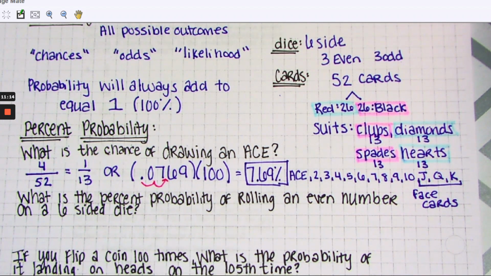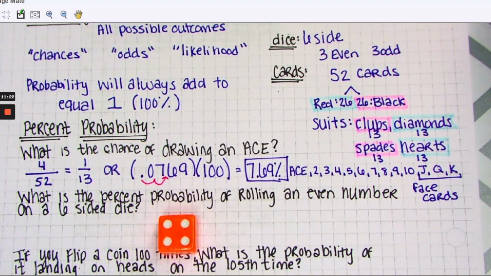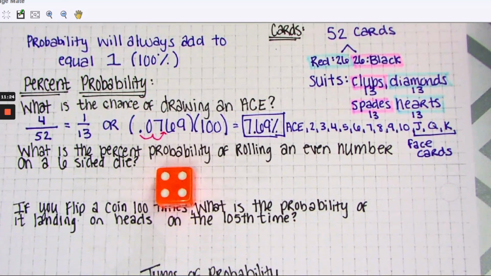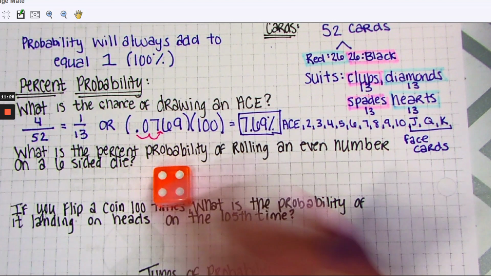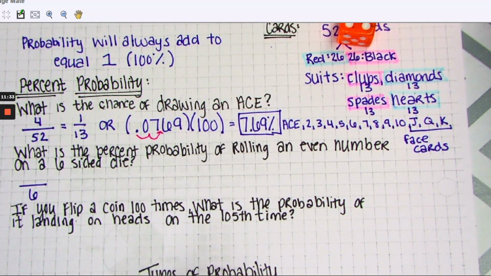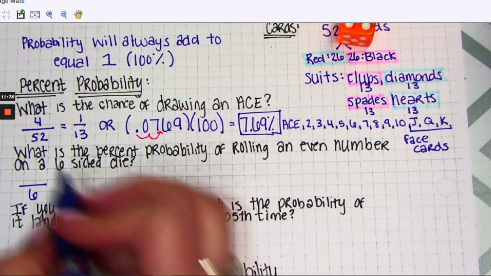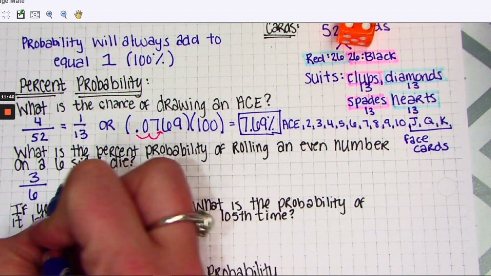All right, so the next question says, what is the percent probability of rolling an even number on a 6-sided die? So here's a 6-sided die. We want to know the percentage of rolling an even number. Yeah, 1 out of 2. So to start, we have 6 numbers on the die. The numbers go from 1 to 6. So there are 3 even numbers, 2, 4, and 6. So this reduces to 1/2,